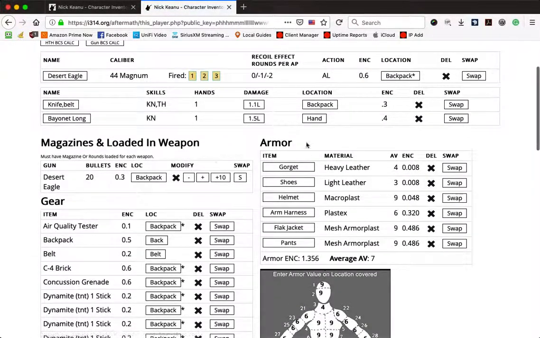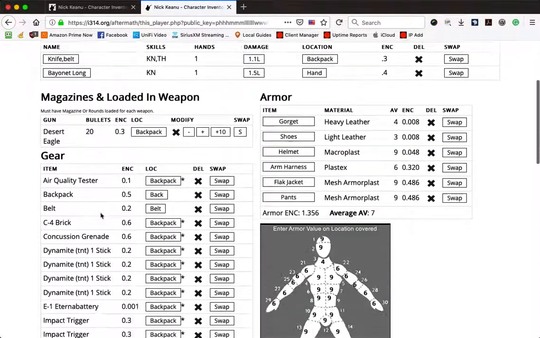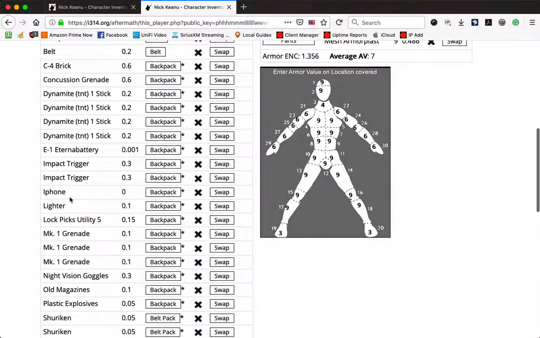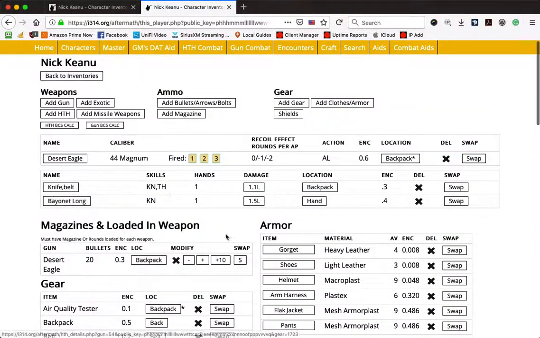It also has his armor, the armor he's wearing, and an armor value chart that shows you all his armors. Then it has all the gear that he's carrying. He's carrying a C4 brick and some TNT. He's the explosives expert of the group, and a bunch of shurikens. He basically gives you all the information you want, and also